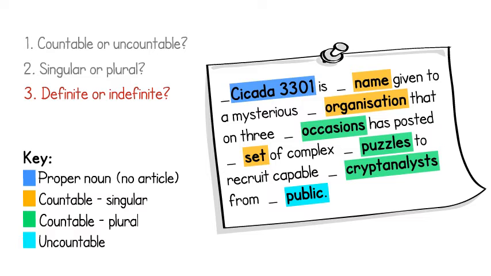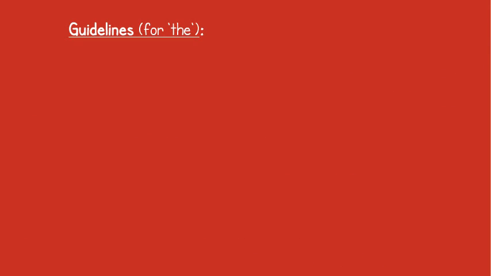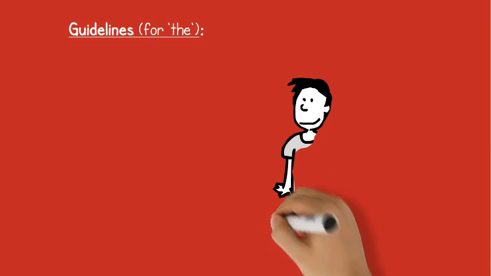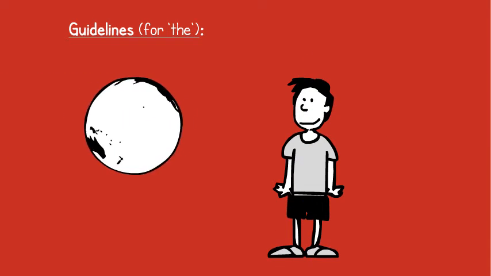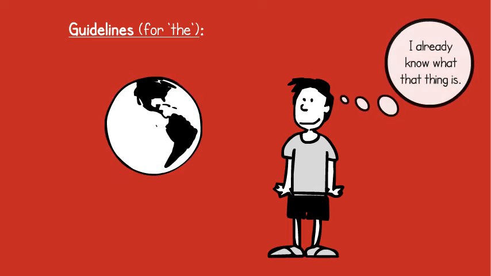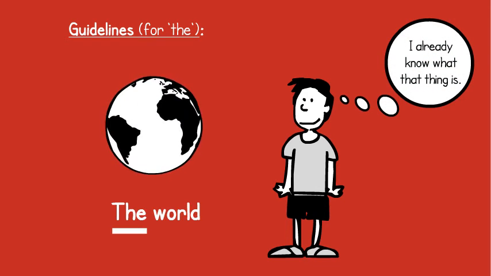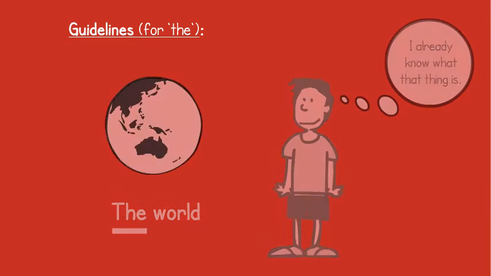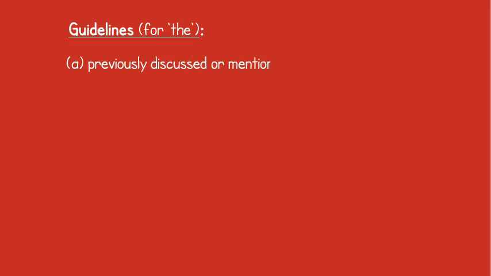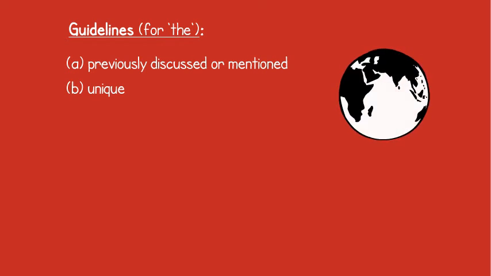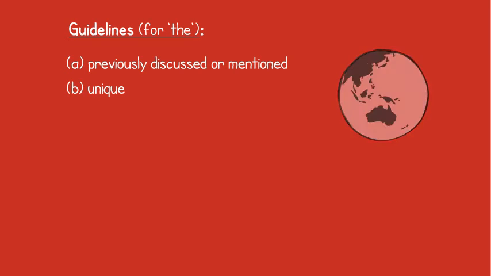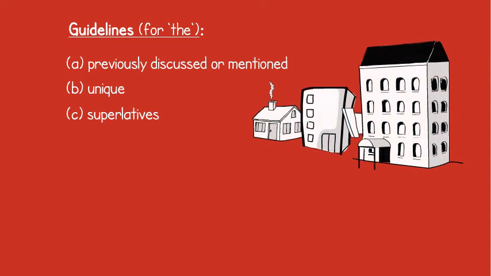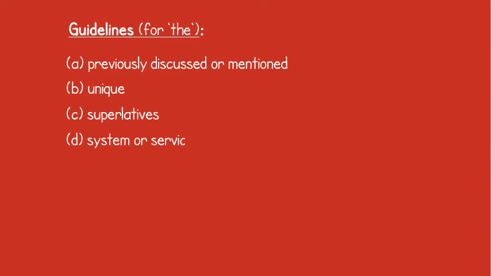Let's consider some general guidelines. We use the definite article the in front of nouns that we think the listener or reader knows or is aware of because of the context or their own experience. Therefore, we can use the with nouns that have been previously discussed or mentioned, nouns that are unique or uniquely specified by the context or situation, with superlatives like the biggest or the worst, for a system or service like the police or the fire brigade,